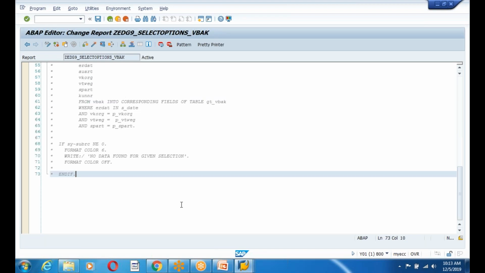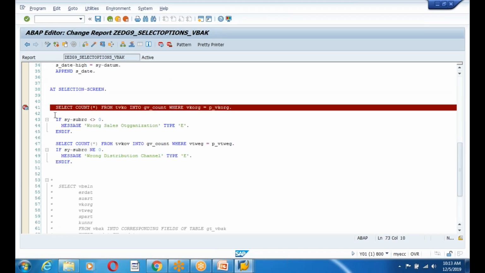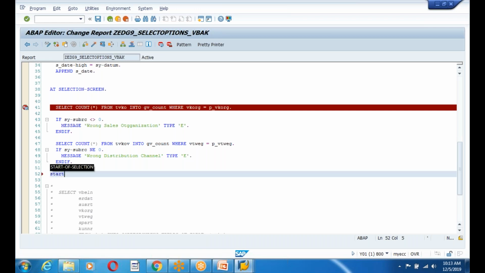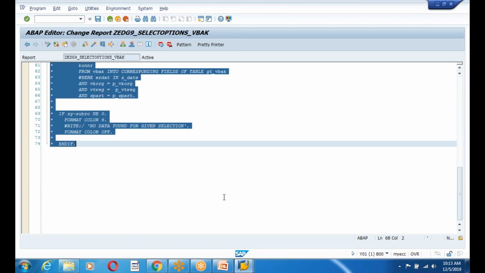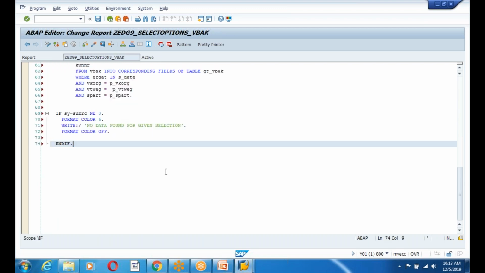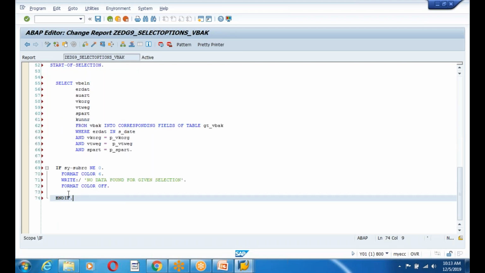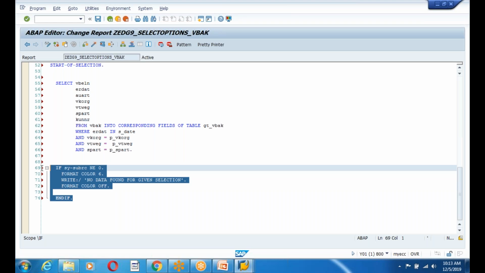And guys, when you process the selection screen values successfully, that means you entered all the correct values, then if you want to get an output after processing that, we are going to use START-OF-SELECTION as the event, guys. In START-OF-SELECTION we write the processing logic. Exactly after this we are going to write the processing logic, guys. If there is definitely data, we are going to loop